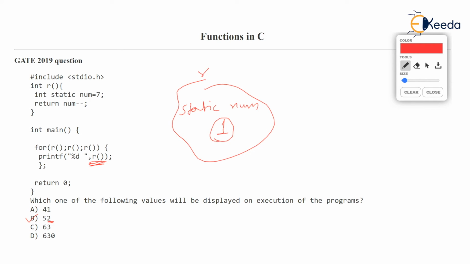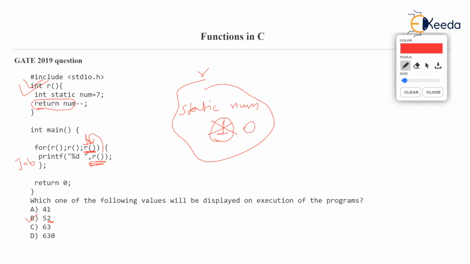Now, after that, after the job is done, always the control goes back to the change. But the change is the call to function, isn't it? Change is the call to function. So r gets called, and it returns num. So what it is returning is 1. It returns 1, but after returning 1, num will become 0.